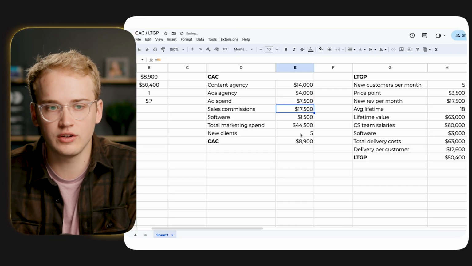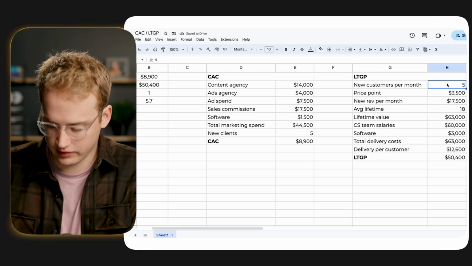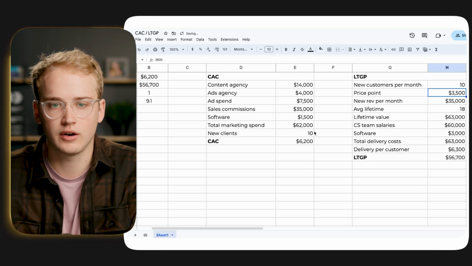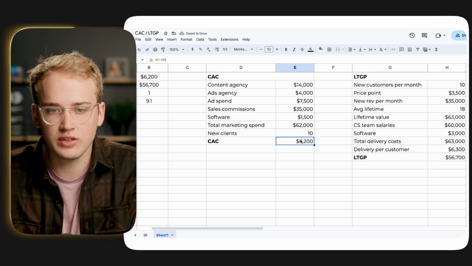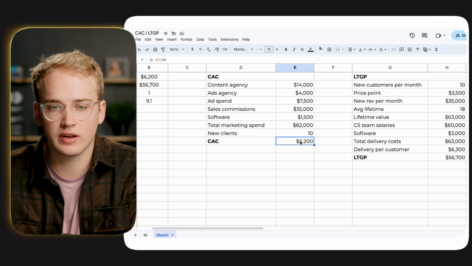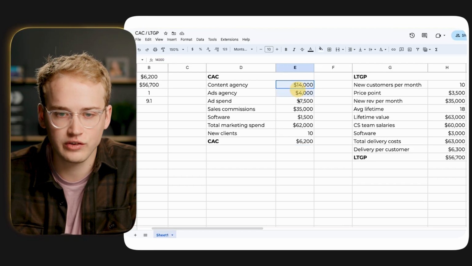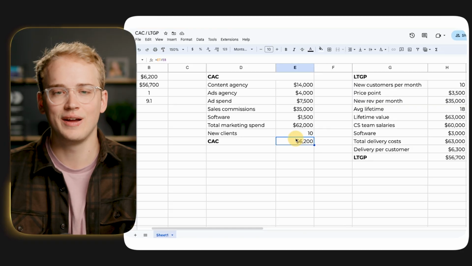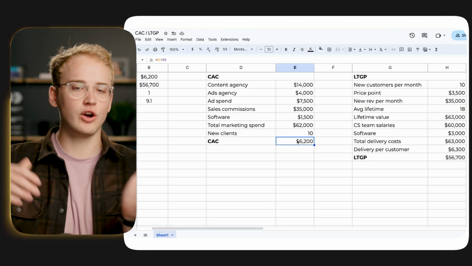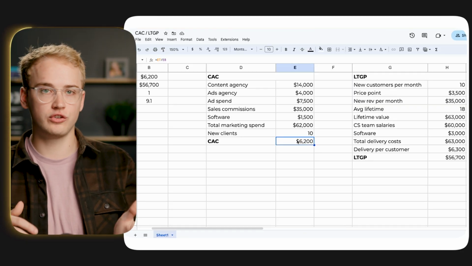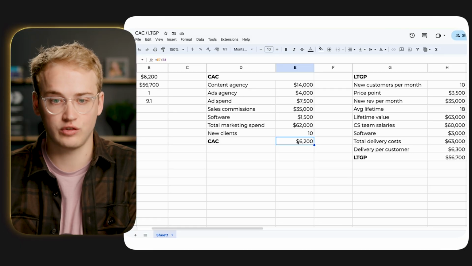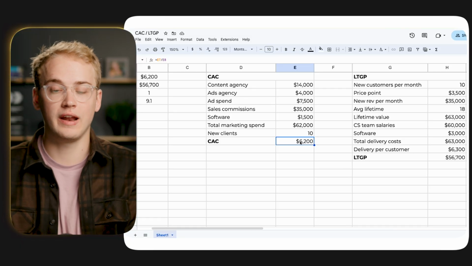And so what that's going to do in this hypothetical here is that's going to bump us up to now 10 new customers per month that are coming through. And so one thing we did here that's really cool is we dropped our CAC actually by $800 as we scaled. This is super uncommon because people don't understand how to do this the right way. Most of the time, your CAC should go up. Your cost to acquire a customer should increase as your business increases and as you're taking on more new customers and as you're spending more on